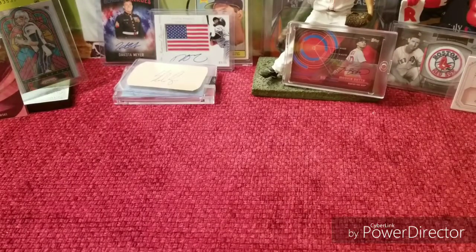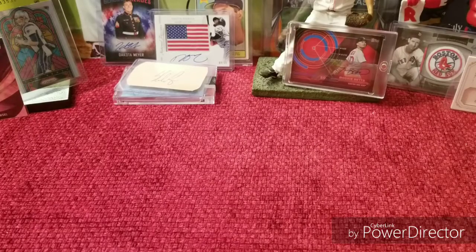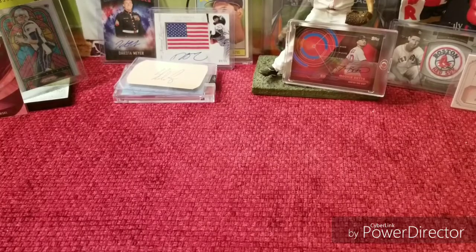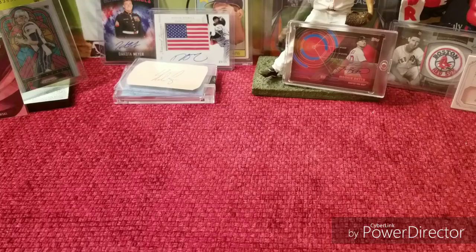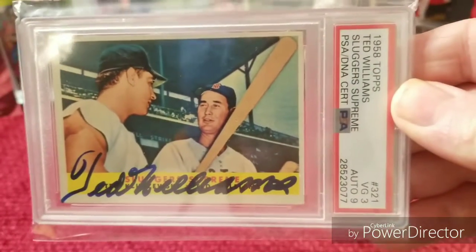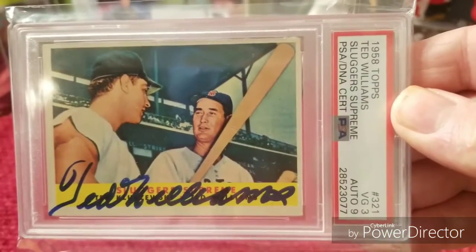Love Pedro. And that brings us to our one package mail day that we will be opening up, the newest member to the Beantown collection. I have a couple autographs, but I do not have an autograph card, and so here it is. We just picked this up. This 1958 Topps Ted Williams Slugger Supreme, boom, autograph with a 9 on the autograph, a 3 on the vintage card,